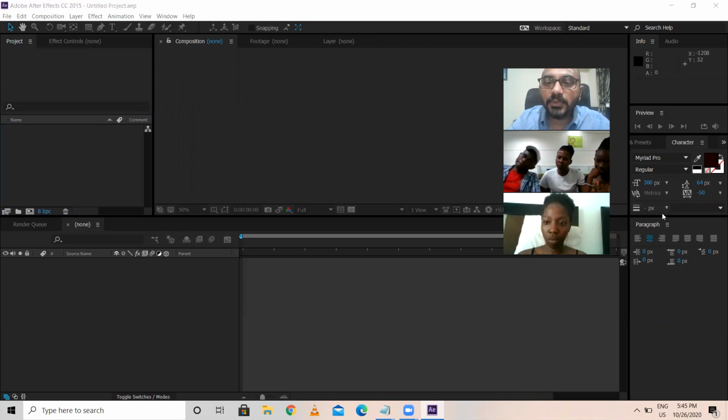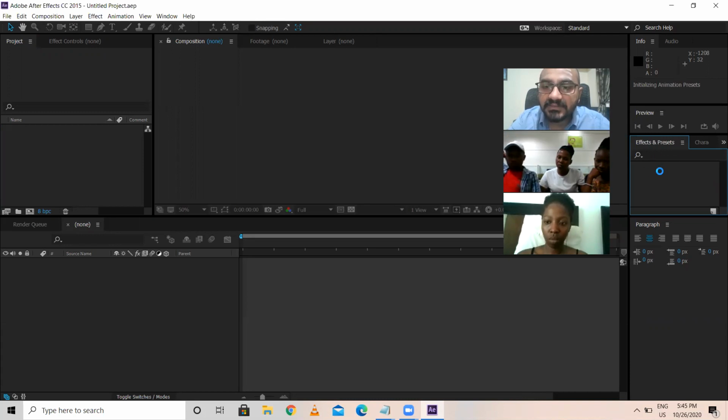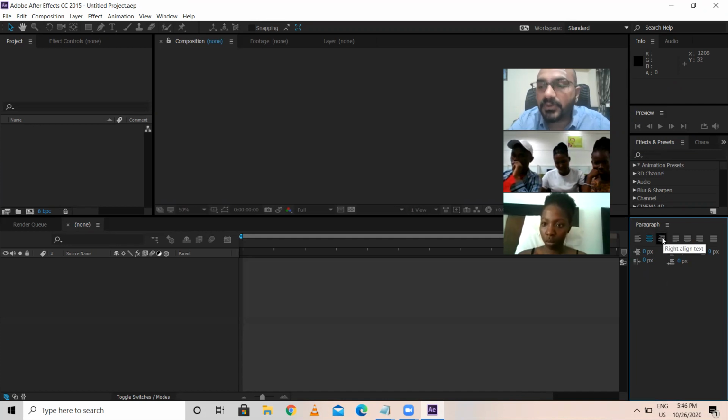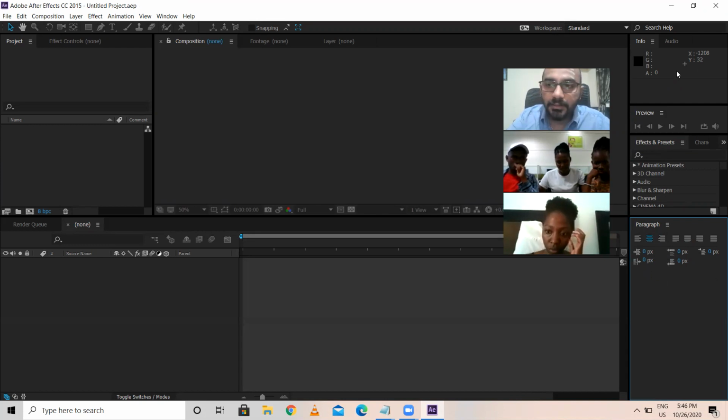Here subtools are visible. For example, for FX, there are so many effects. All the effects are listed over here. If you type the effects, they will automatically appear, and you can drag and drop to apply the effects. And here, for example, text alignment, how the paragraph settings work. Character is nothing but the text font. You can pick the font, you can change the style of the font.